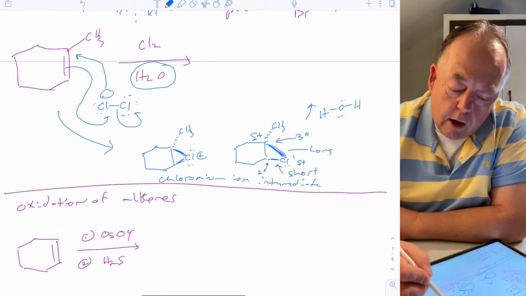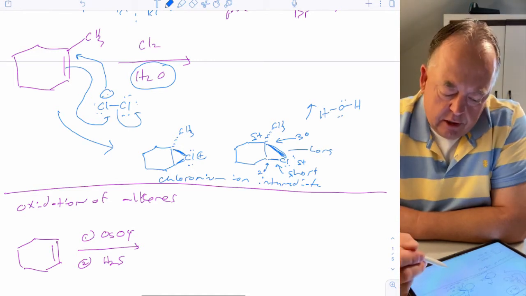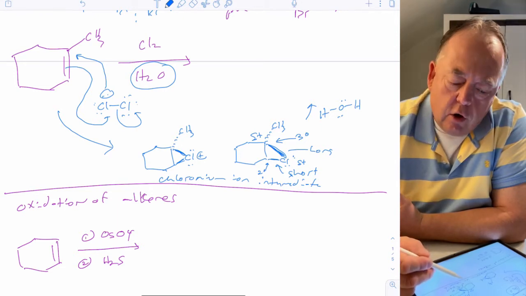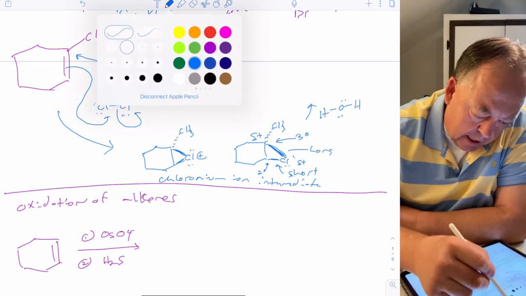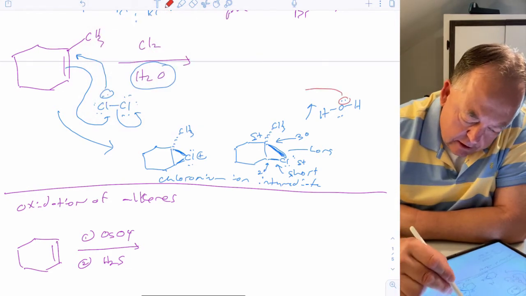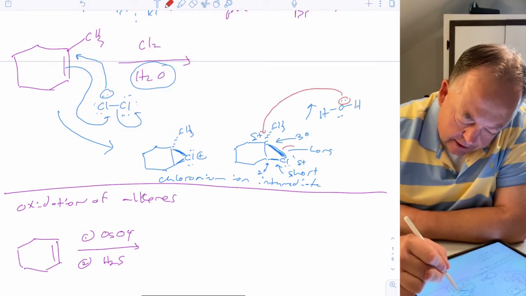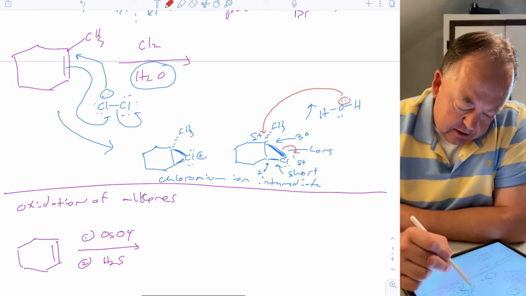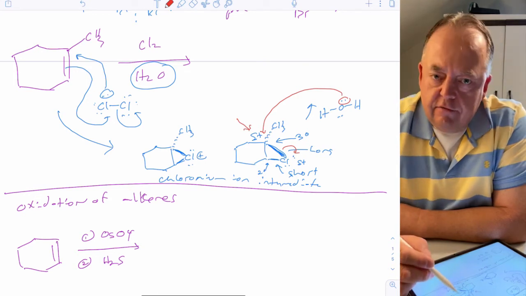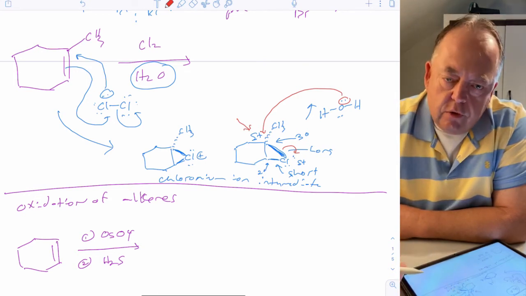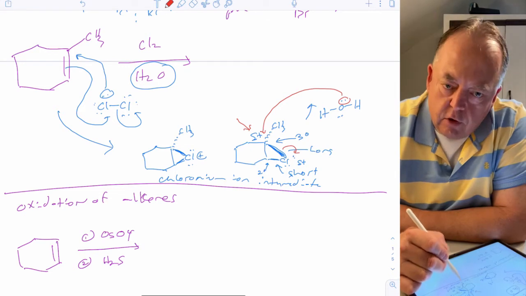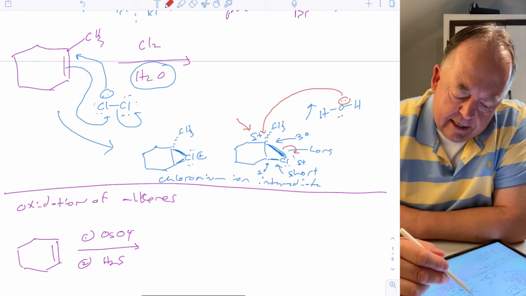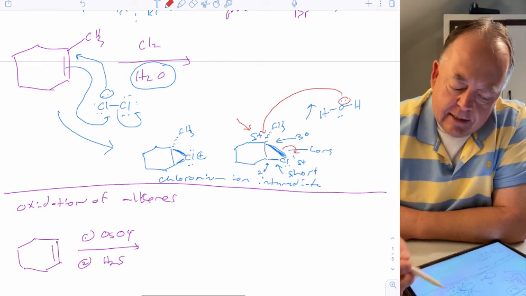The next step is where water is going to go. And water is going to go to the carbon that's got the most positive charge density on it. And so that's going to be the tertiary carbon. So what happens now is a water molecule comes in, attacks that carbon, and opens this chloronium ion three-membered ring up. And since this carbon is the one that's carrying most of the positive charge density, that's where the water is going to attack, rather than the secondary carbon. And the water has to come in opposite of the chlorine, so the OH has to end up opposite of the chlorine, so it's an anti-addition,